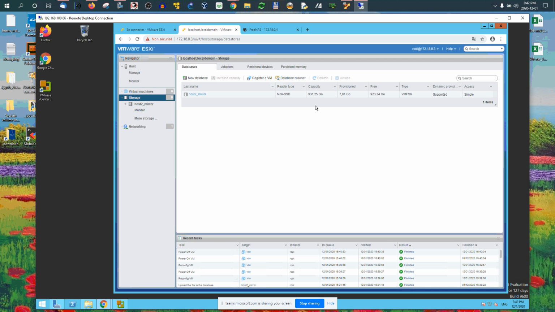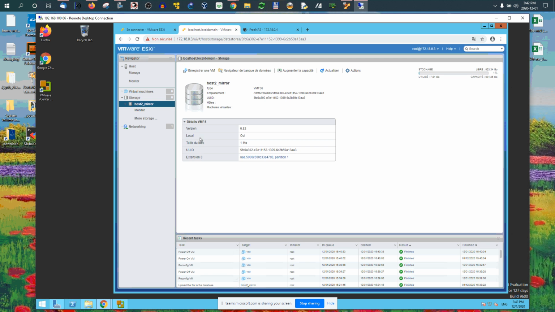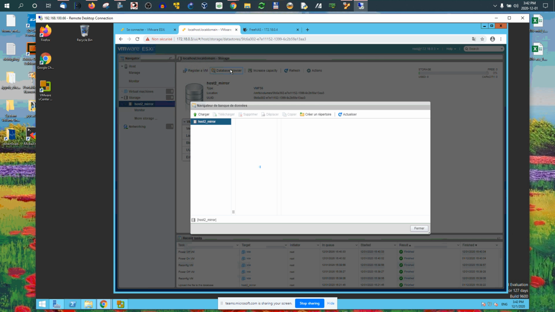You just say next, and it will show you the device itself, and you need just to say next on this one and choose the full device. You don't need to check part of it, and you're going to see it shown on your database. Now the next step is to click on the database browser when you see this created. So you click on the database browser, and then you click on the load,